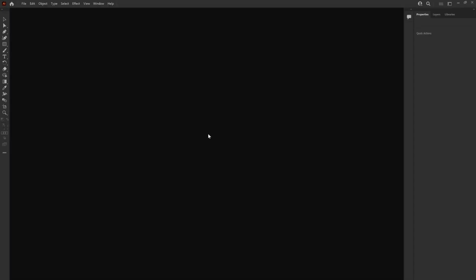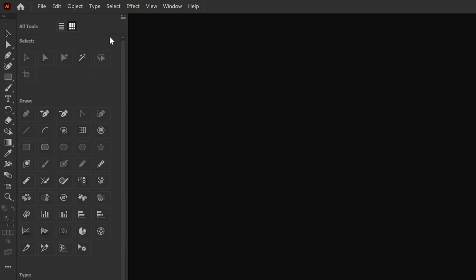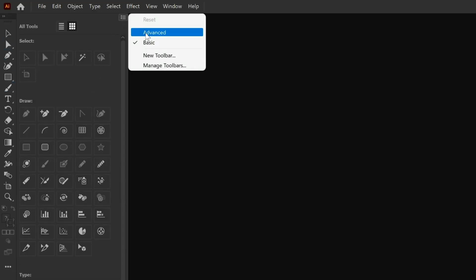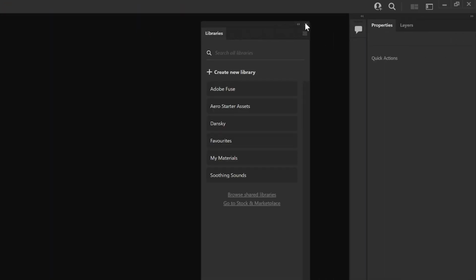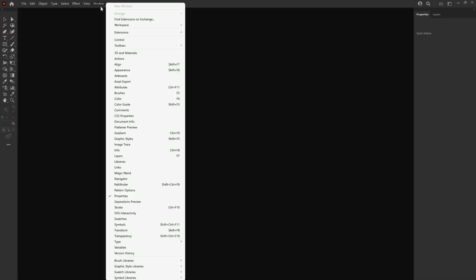Rightio, so we're now in Illustrator. First, I'm going to go to the bottom of the toolbar, click the options icon, and then from the drop down in the top right, select the advanced tool set. Next, we're going to set up the panels for the project. So let's drag library out and close this down. We can drag comments out and close this, and then go up to the window menu at the top and